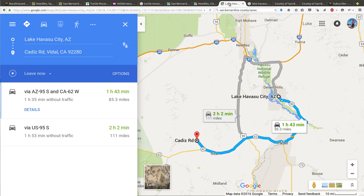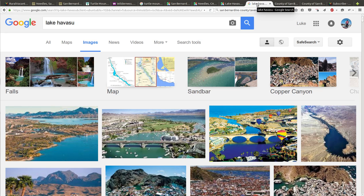There they've got a Walmart and a Home Depot, and the supplies to go build something and make something happen over here, and it's 85 miles away. They've also got water sports. You can go swimming, boating, fishing, hunting, if you like duck hunting. Lake Havasu is known for the recreation. I mean, this lake is